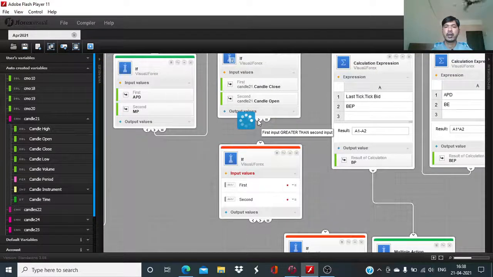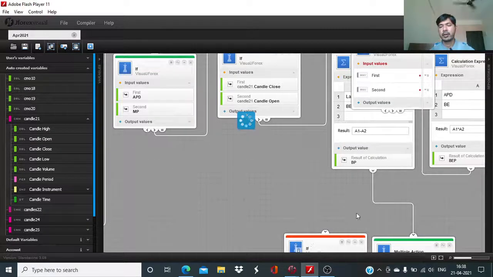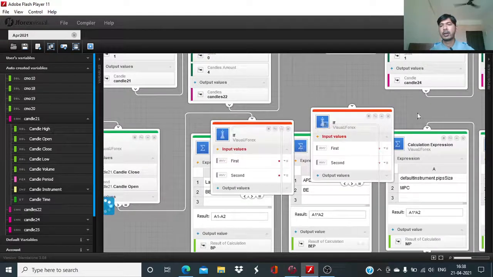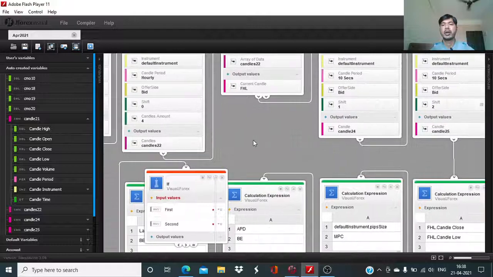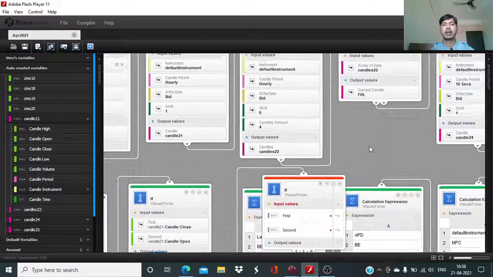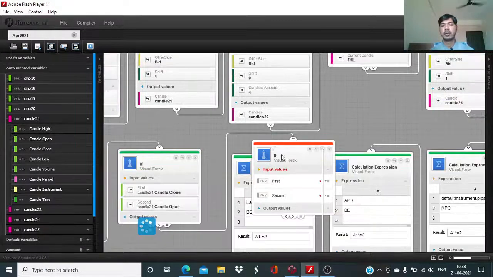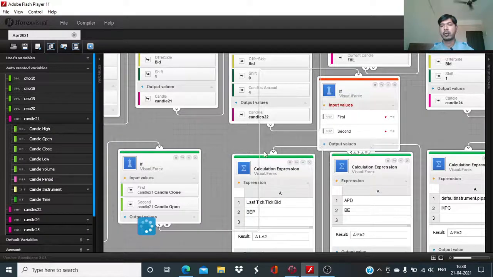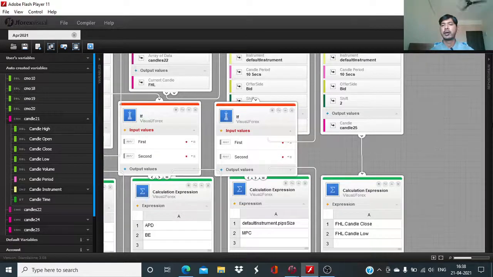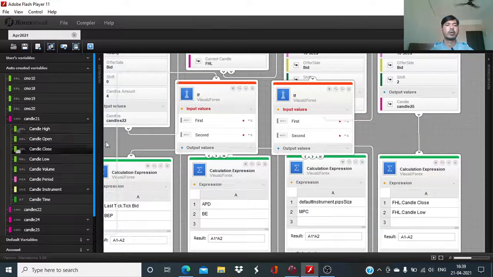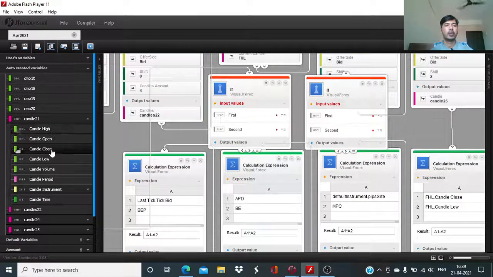First input greater than second input, and then we will shift our attention to the 10-second candle and compare the closing values with candle 21. So in both these cases, both the blocks, we will add candle 21 close as the second input,